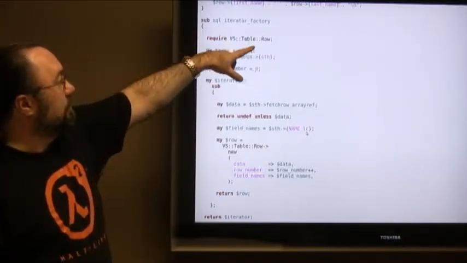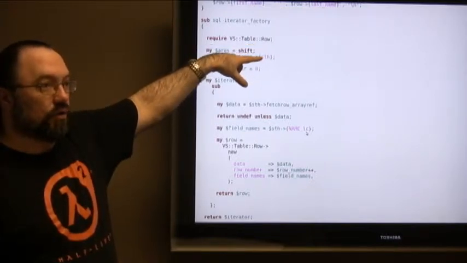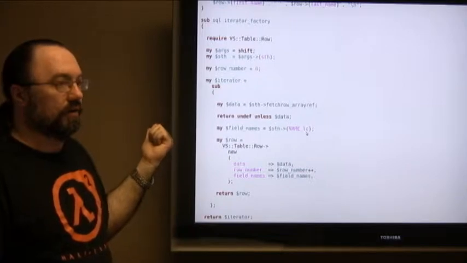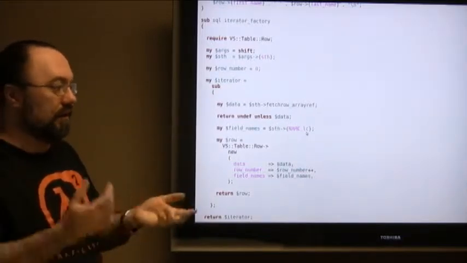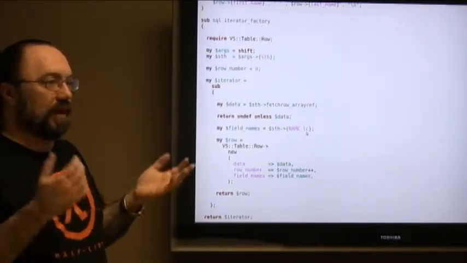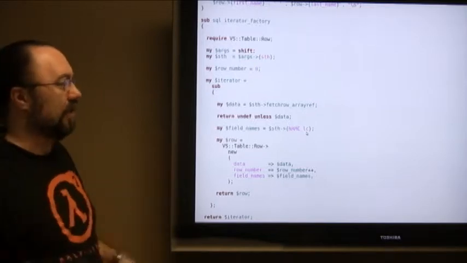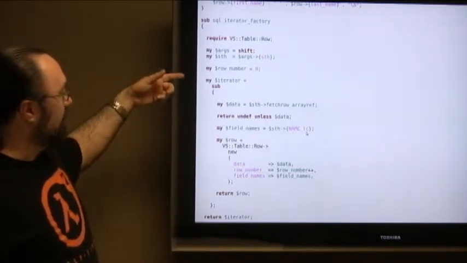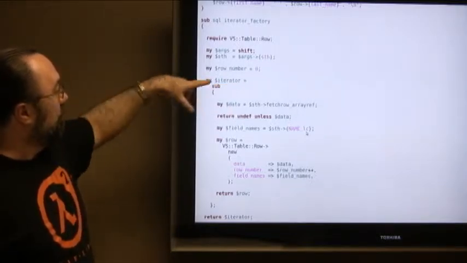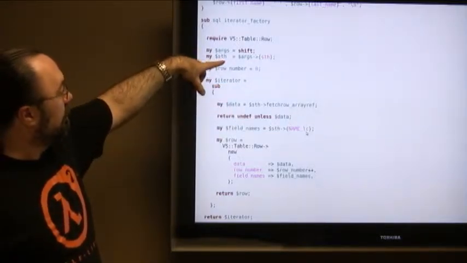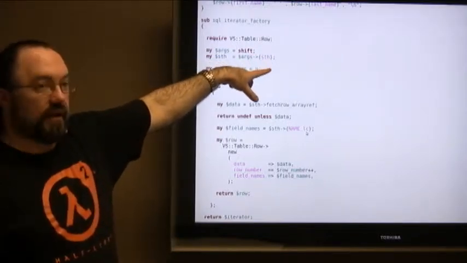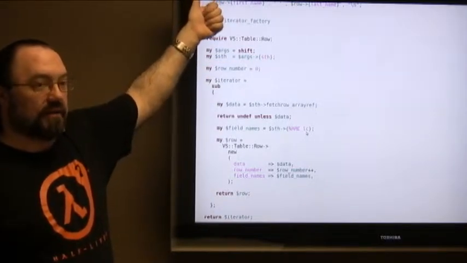Okay, basically I'm just pulling in table row because it just so happens that that's the type of thing I want my iterator to return. Again, I said it could be an object, could be multiple values, could be arrayref, hashref, whatever. A lot of different things it could be. So you notice here, my statement handle, I'm setting to args statement handle, because again, that's how I passed it in